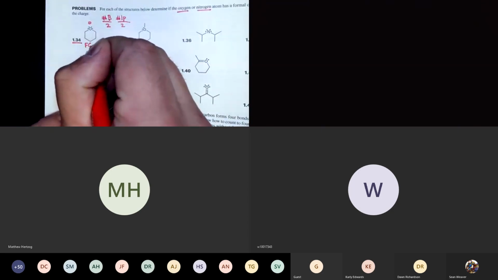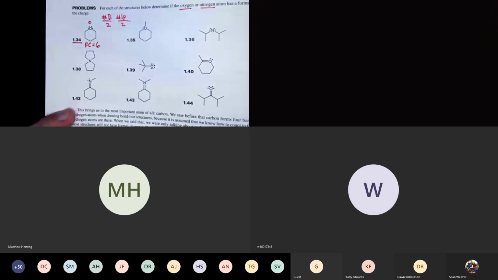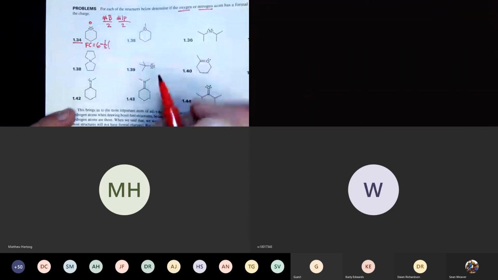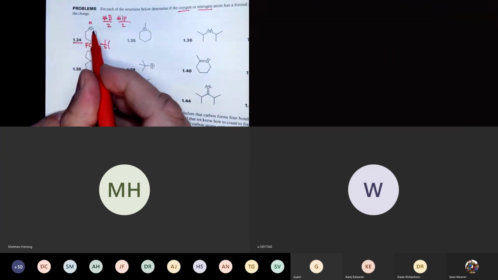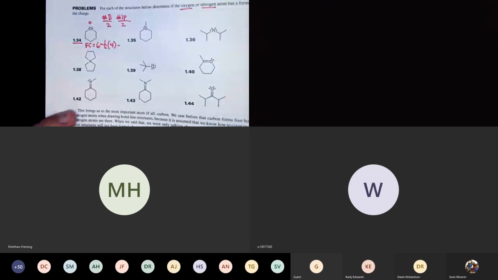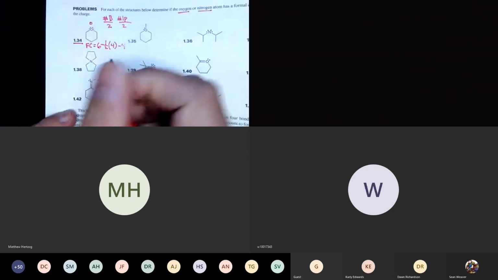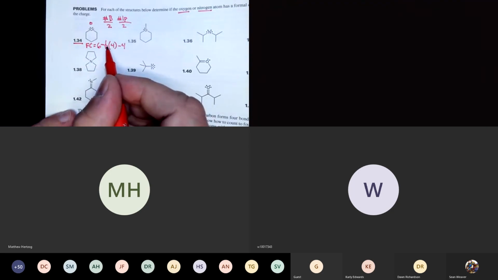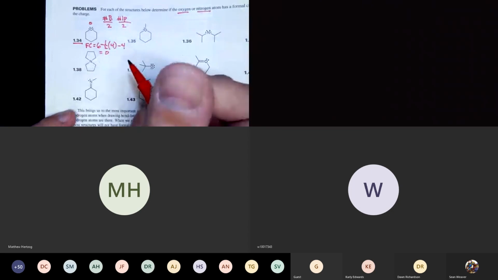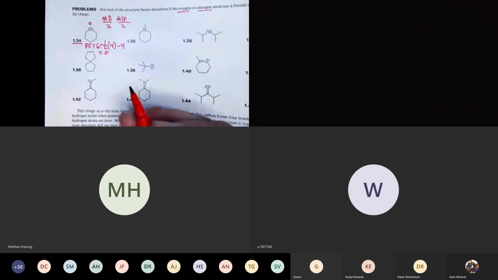So formal charge, oxygen is in group 6, minus 1/2 the bonding electrons, so there's 2, 4. Then minus the total number of lone pair electrons, we have 1, 2, 3, 4. So we have 6 minus 2 minus 4, so that gets us to 0. So visually, when we look at it, we can see it should be 0, and then this is a way to calculate it.